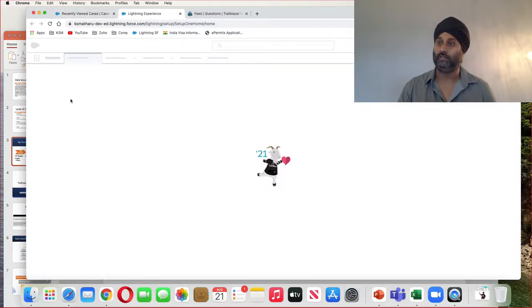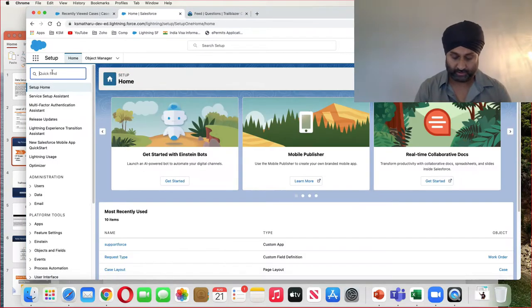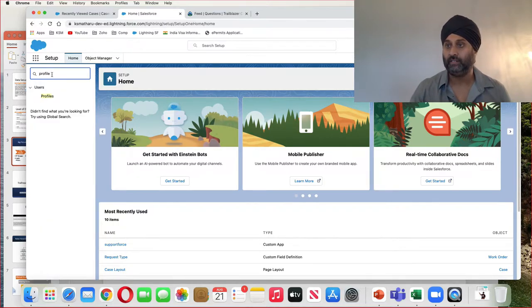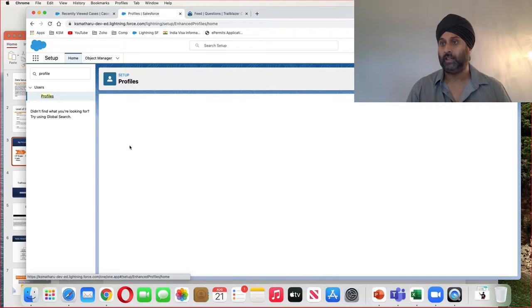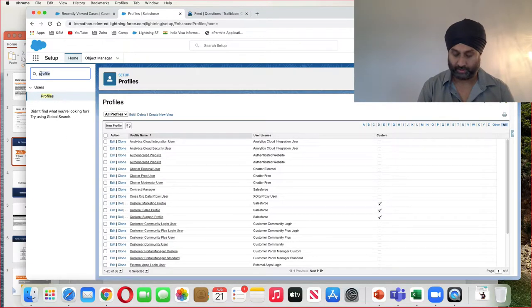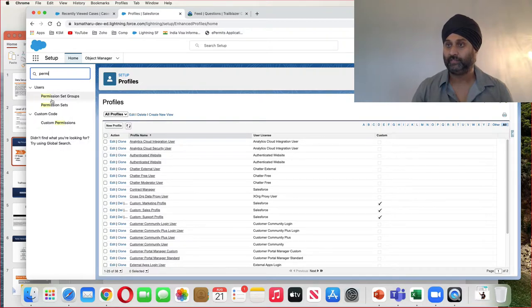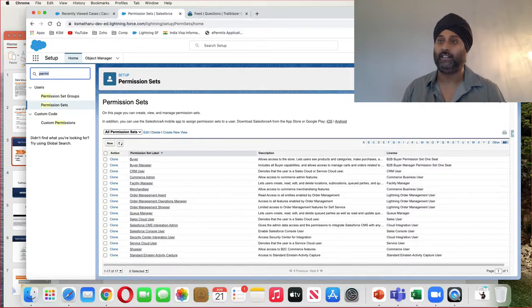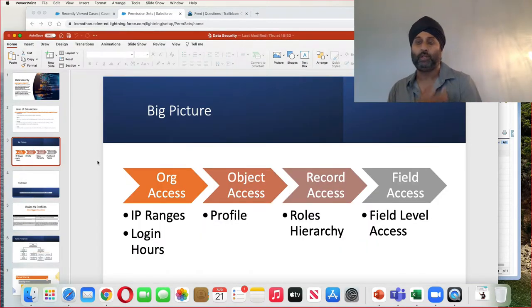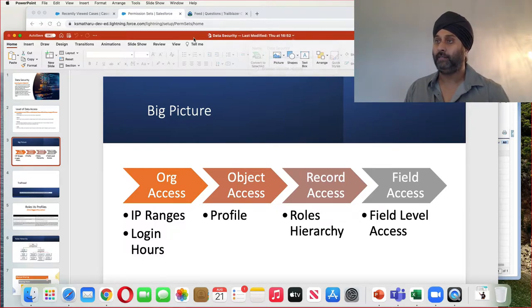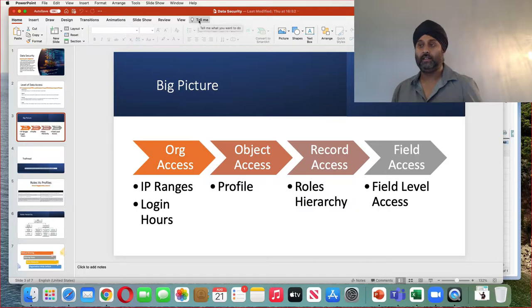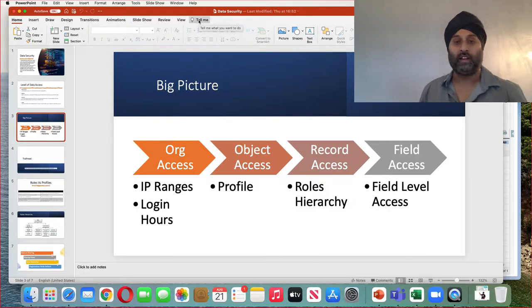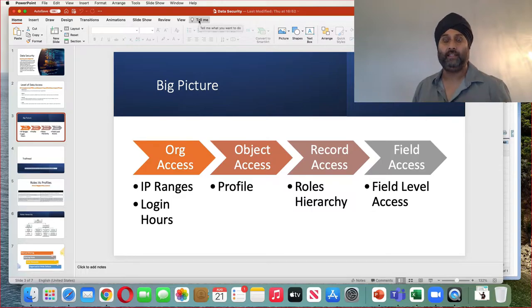If I can show you, when you go here and you go to profile, I don't know if it's going to come into profile. I think the easy way is permissions. Sometimes I don't find things very easily, and you have to create a new one. But don't worry, I will show you in a minute. We're going to do that in detail. But there is a setting where you can work with profile and permission sets, where you define the login range, IP ranges and login hours. Okay, so you can define these things on